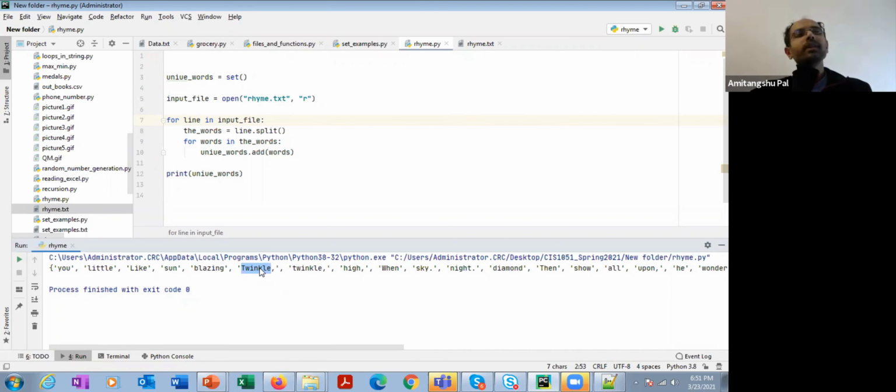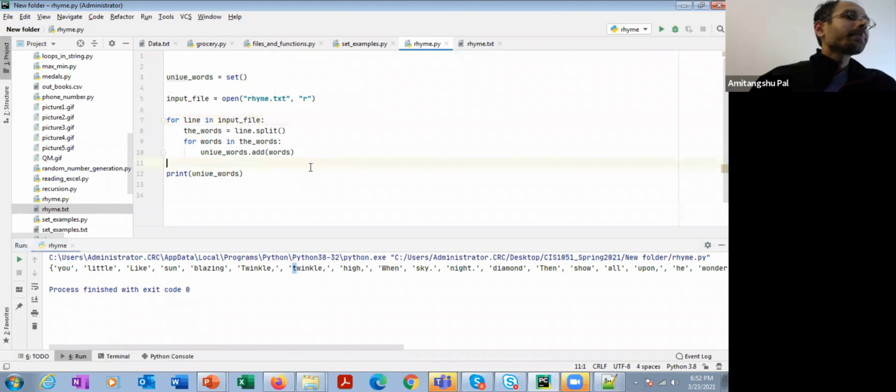So there are two issues that I need to resolve. First, I need to get rid of the punctuation. The second is that I want to print only the unique words, so there shouldn't be any difference between a word written in capital letter and in small letter. Okay, so let's see.